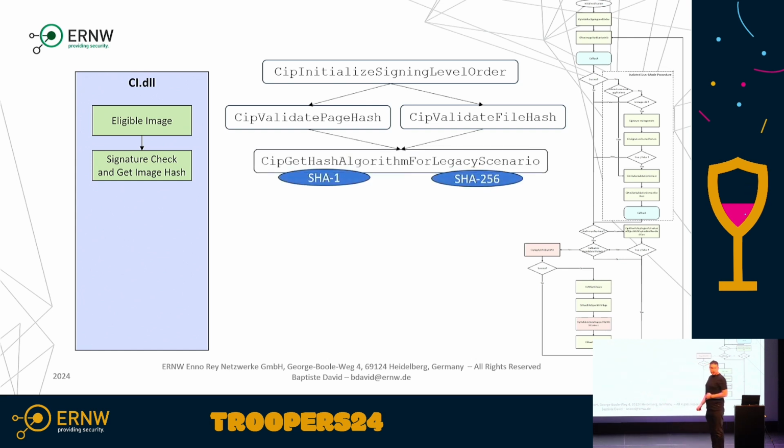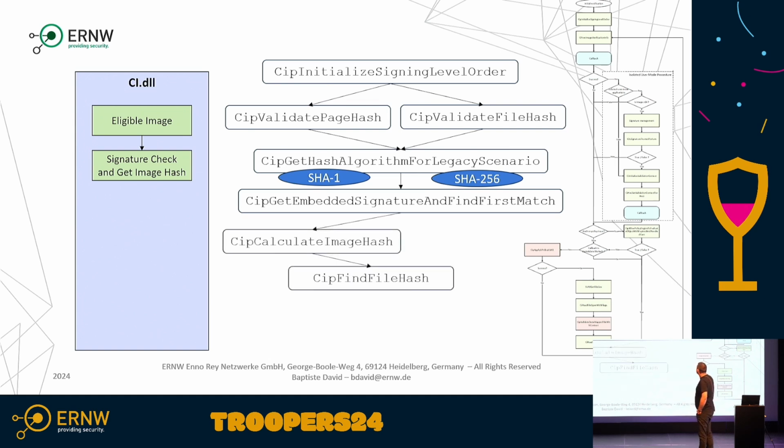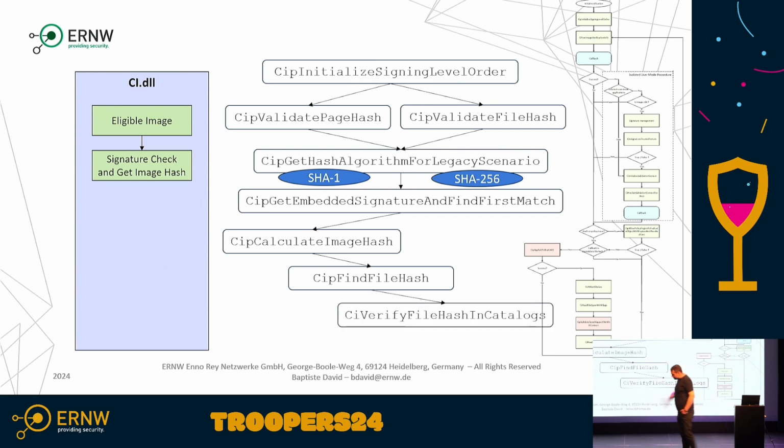Then we select which algorithm we want. Usually it's SHA-256, but for legacy purposes and backward compatibility, you still have SHA-1 in case of. Then you've got the embedded signature and first match. So it's literally extracting all the signatures from your binary. One match, we stop, and if it doesn't match anything, we continue if there is another signature in your binary. We calculate the image hash, and we find a matching hash. And in the end, you have a couple of possibilities, different functions, I would say, but you have something which